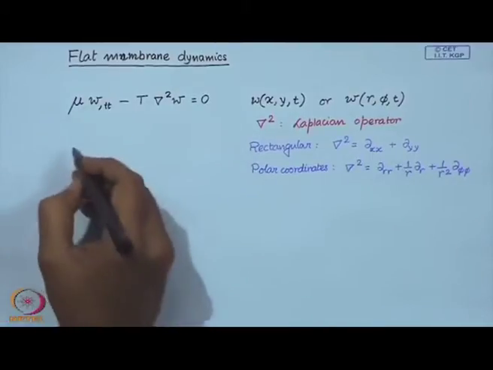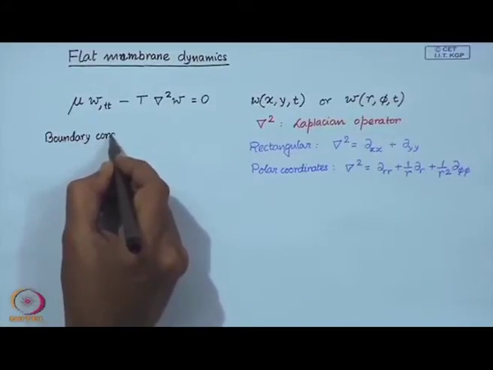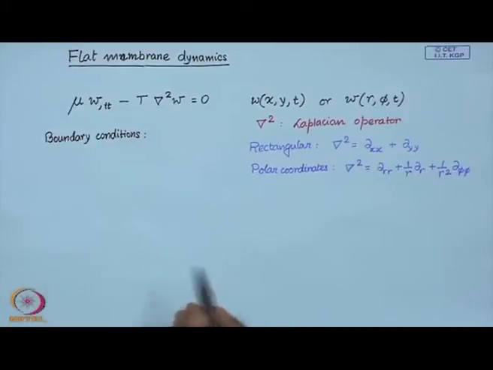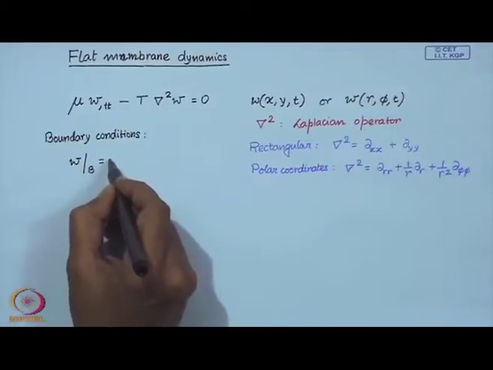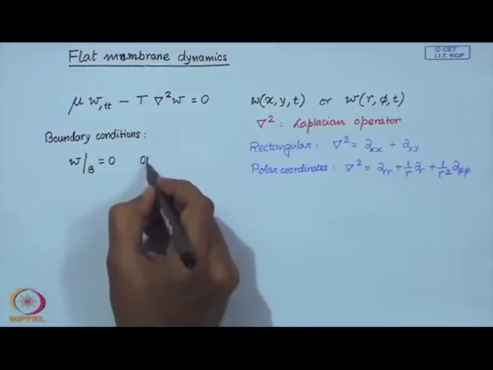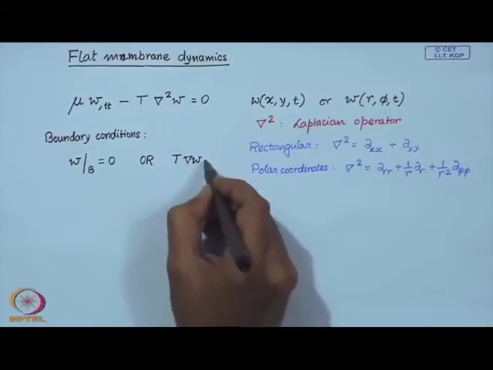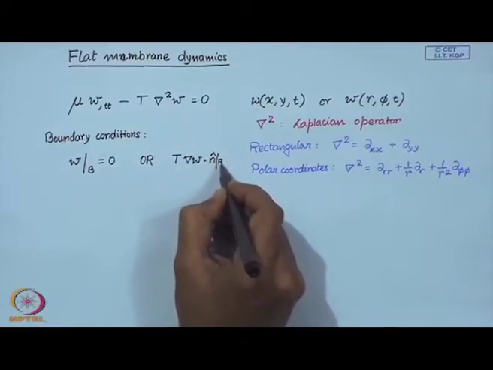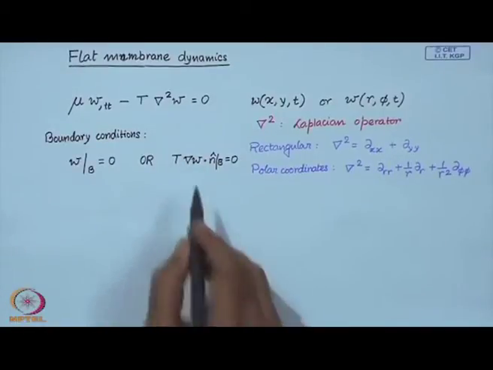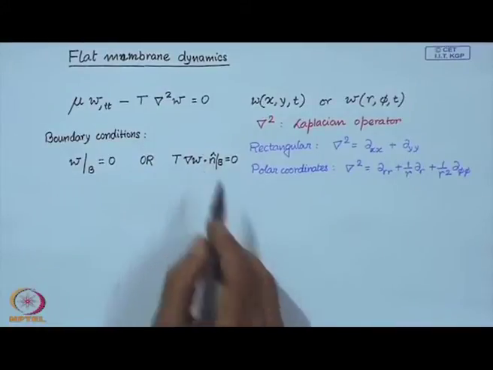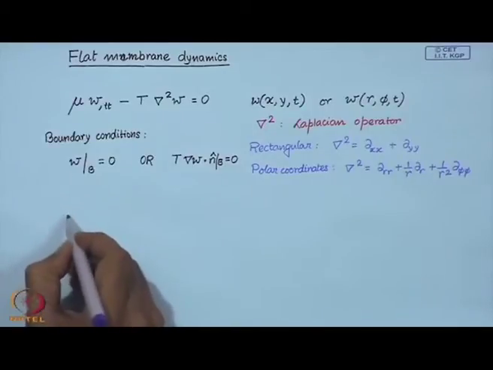and along with this we have boundary conditions. So, we can have a fixed boundary or a sliding boundary. So, this is the force per unit length T times the gradient of the field variable dot the unit normal at the boundary. So, for example, for the rectangular membrane which we are going to discuss today,